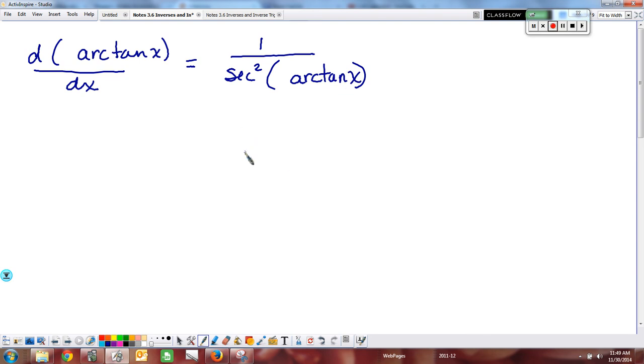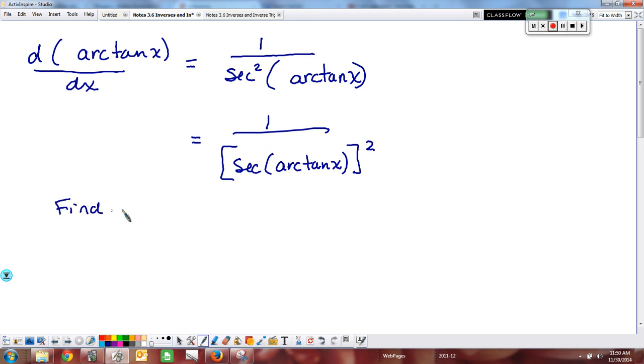So once we get to here, they're not going to leave this in. This is way too complicated. They're going to get rid of it and turn it into an algebraic expression. So we'll come over here on the side, and we'll remember what we're trying to do. Maybe I'll do one more step before I go to the triangle: this is 1 over the secant of the arc tangent of x, and this whole thing is being squared. So what I need to do is find the secant of the angle,